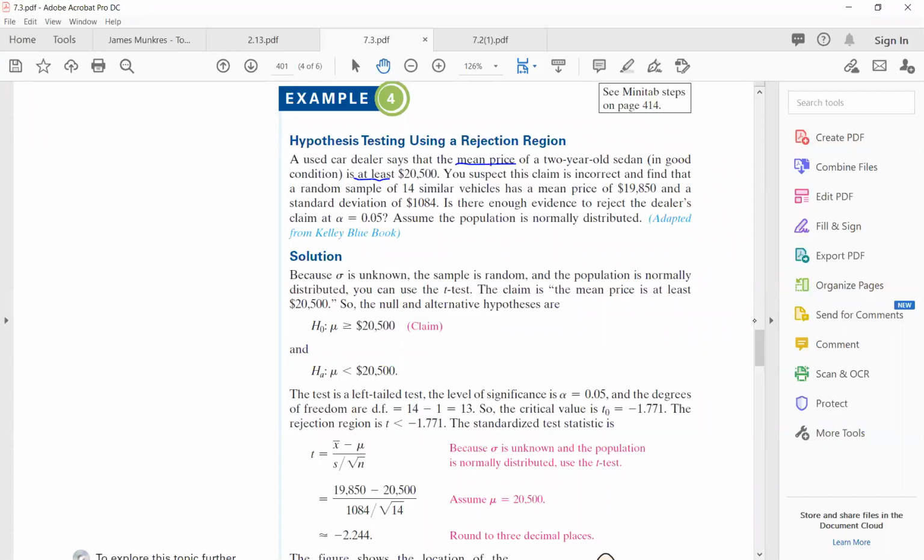You suspect this claim is incorrect. So this is your claim. It is at least. It means that greater than or equal to. When you're talking about at least, the meaning of at least is greater than